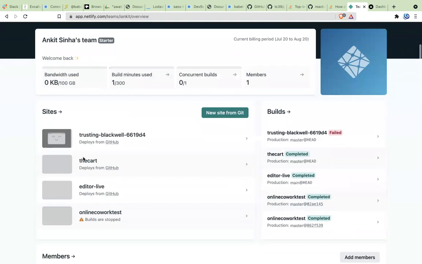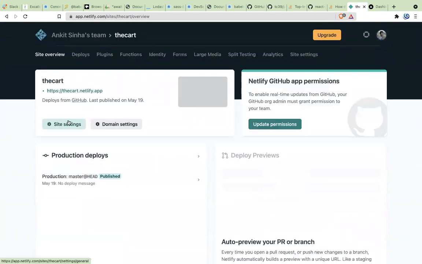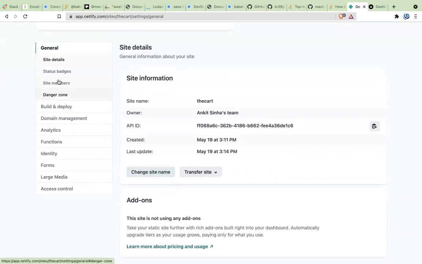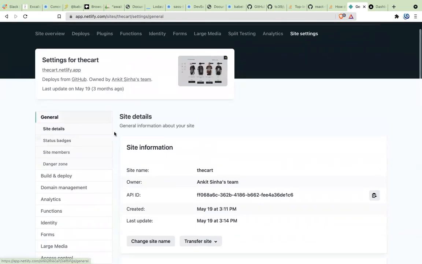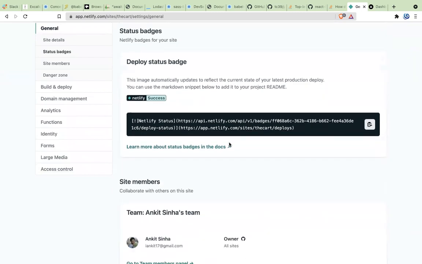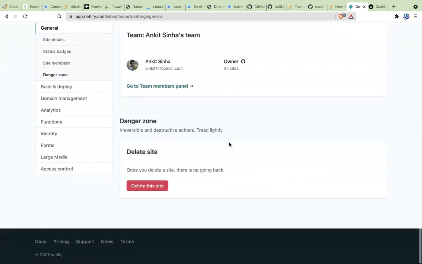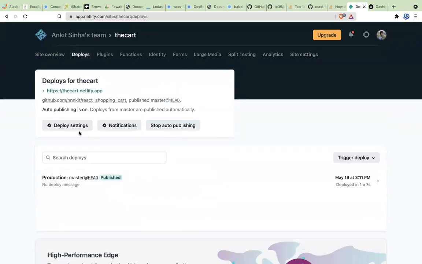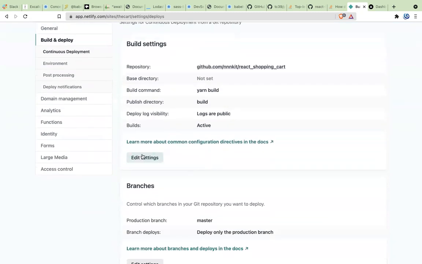Let me walk you through one example, the cart application. Let's look at the deploy settings here. This is what you need to understand.